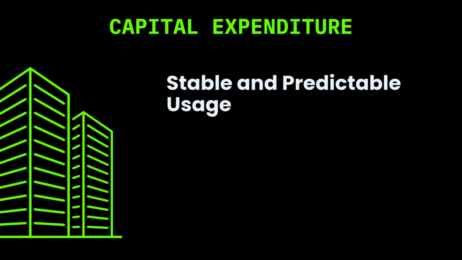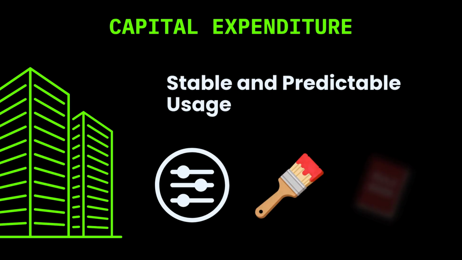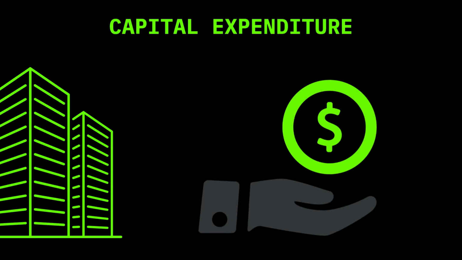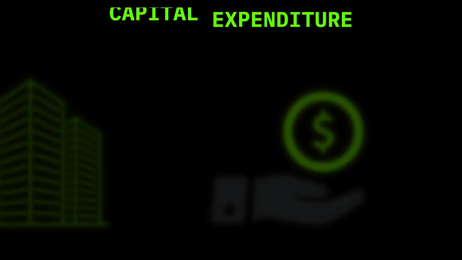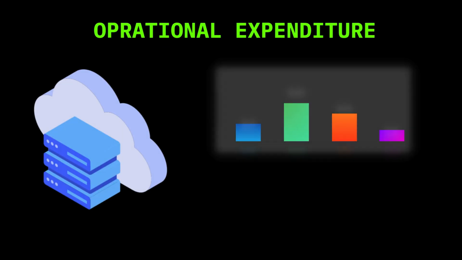But if a company has stable and predictable usage, or if it needs full control, customization, or strict compliance, owning infrastructure can be a strong option. In some long term systems, CapEx can be even more cost effective because the same investment is used over many years. On the other hand, operational expenditure is the cloud based approach, where instead of buying infrastructure, you use services